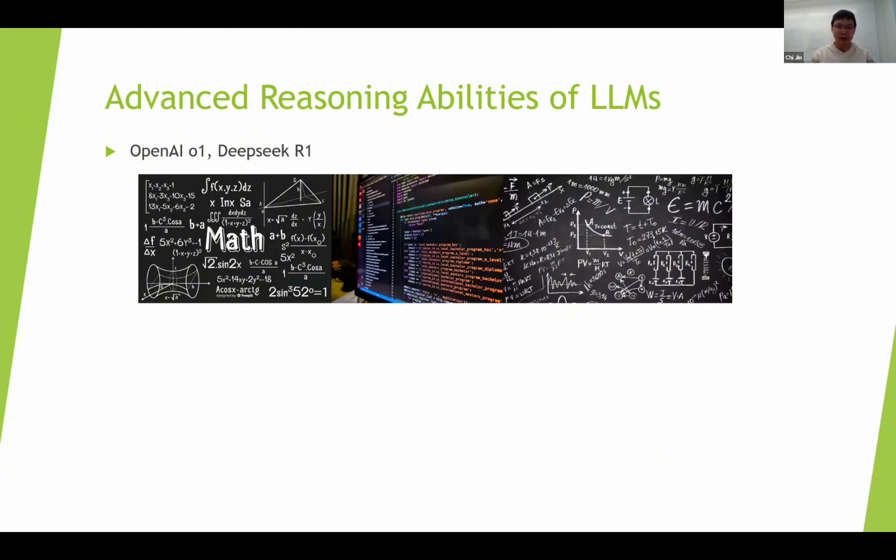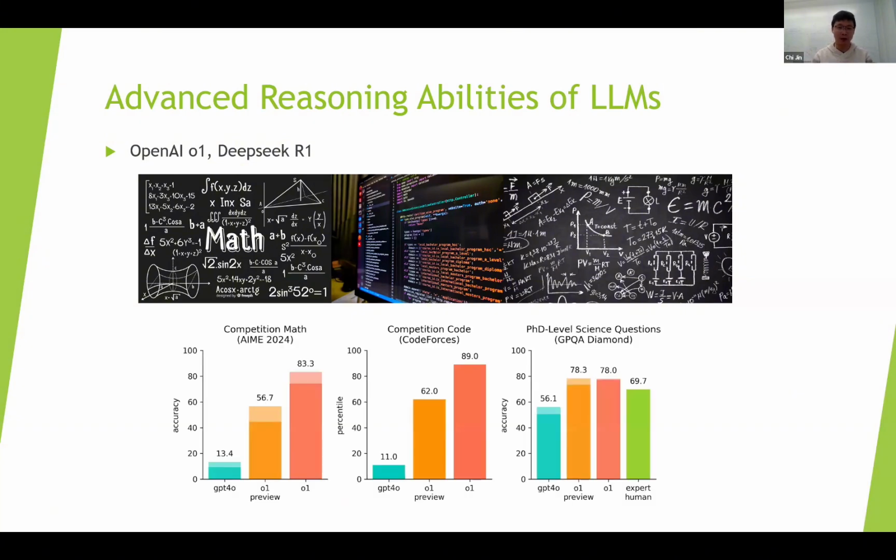We're talking about formal math, and we first started to work on it because we really see the amazing reasoning ability of language models. For example, you probably already heard that last fall, OpenAI O1 claimed a very big leap on reasoning, and recently DeepSeek R1 also achieved similar performance. When people talk about reasoning, usually it's about math, coding, and also a lot of other PhD-level problems like physics and chemistry.